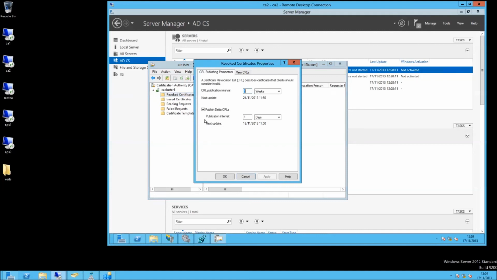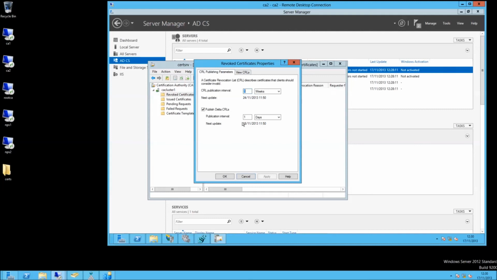So let's take a look at this. These CRL publication intervals are completely up to you. However, you need to work out how often you want this to publish. Remembering that these servers are always going to be online, so having shorter publication times is not necessarily a bad thing. If you're going to have a high volume of certificates coming in and out of the server, lots of certificates being revoked, say for when users leave a company and smart cards get taken out, you want those CRL lists to be